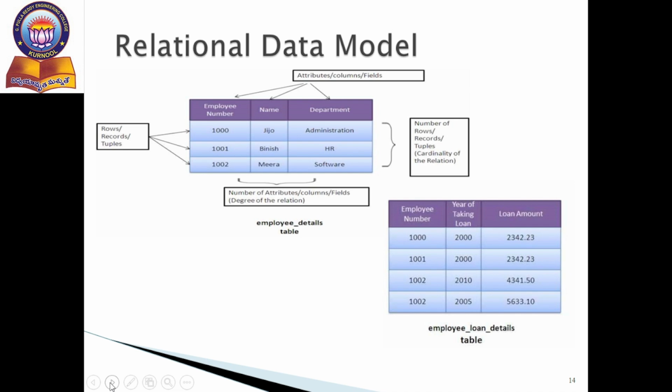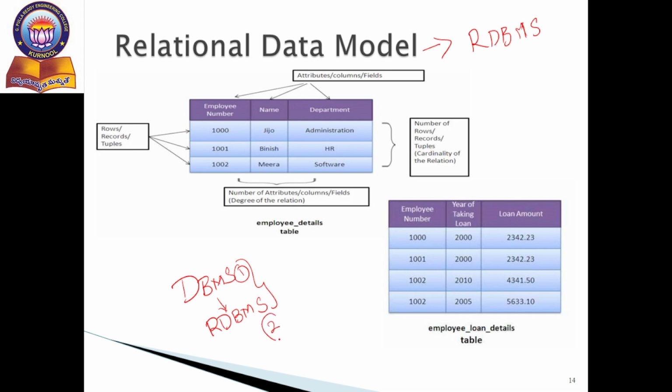And next one, relational data model. Relational data model is nothing but it is implemented through a relational database management system. First of all, we have to know the clear definition of the database management system and the relational database management system. What is the difference between the database management system and the relational database management system? In DBMS,